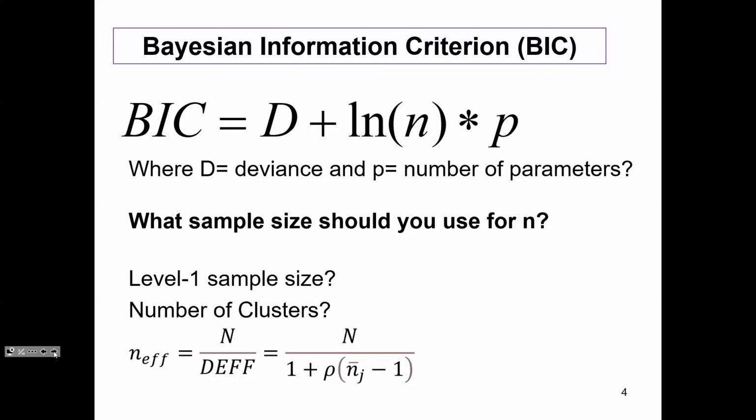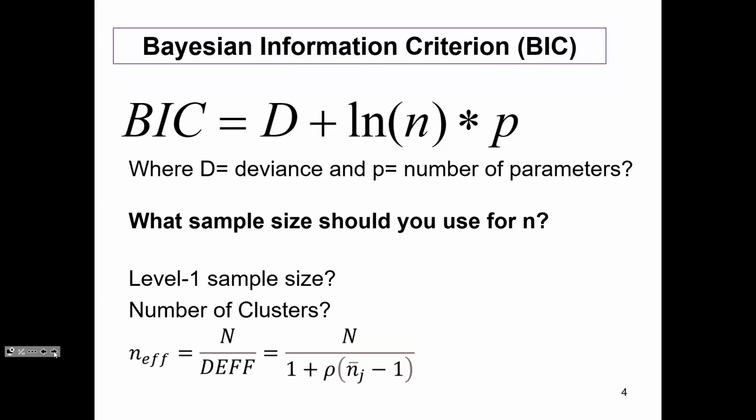Well, again, this is one of those areas where I would say the jury is still out a bit. This is an area of active research. And what's really interesting is that different software packages will use different sample sizes. I don't know of a software package that uses the N effective, by the way, even though that's probably, in some sense, the most logical. But some software packages will use the level 1 sample size to compute the BIC. Some software packages will use the level 2 sample size,